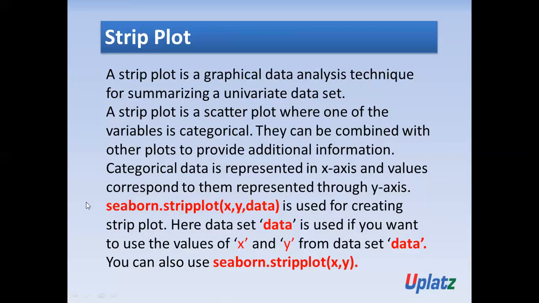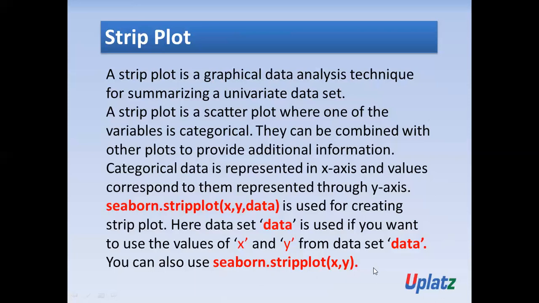Yes. So it's possible to use it like this or like this. It's up to you. Let's suppose you're using seaborn.stripplot(x, y). What is x and y? It's data. Let's suppose x is a list that contains 5 numbers, and y is a list that contains 5 numbers. So x is equal to 1, 2, 3, 4, 5, and y is equal to 10, 20, 30, 40, 50. Then you just need to pass the names of the lists here, x comma y, and you will see the strip plot using this function.